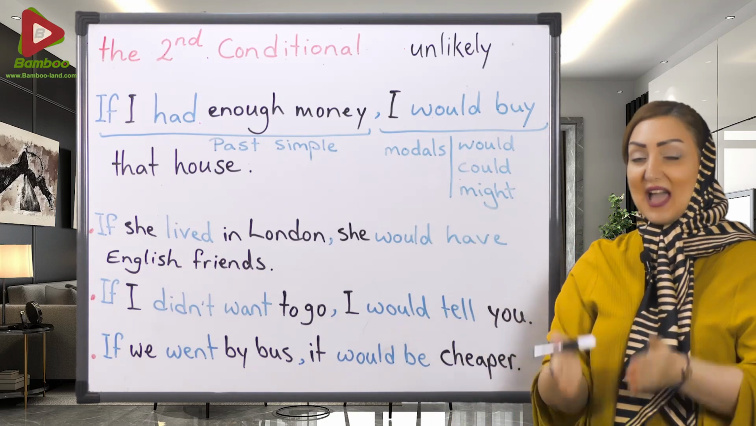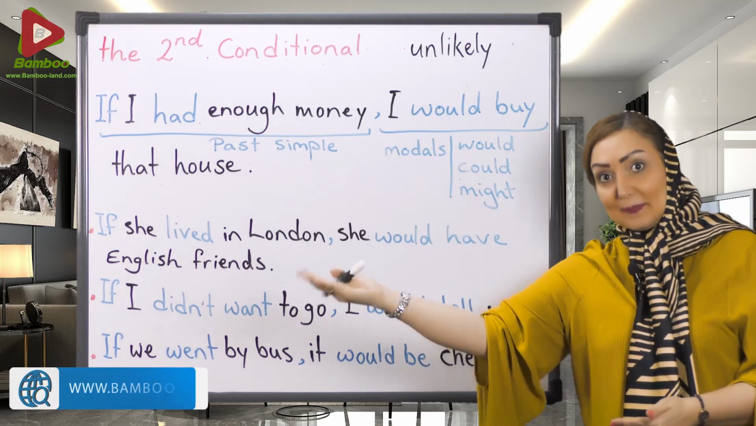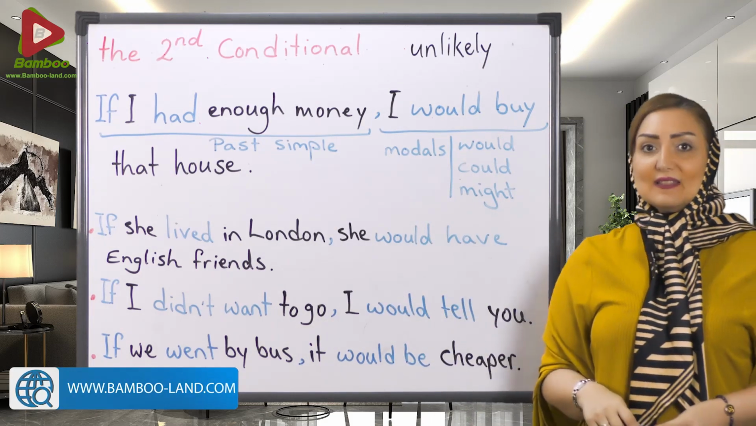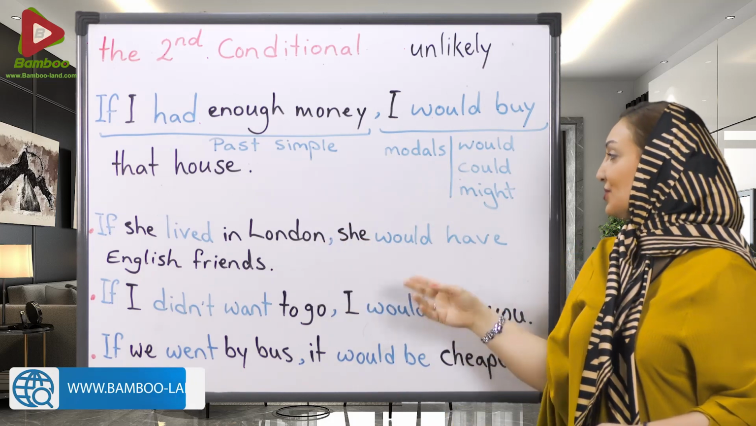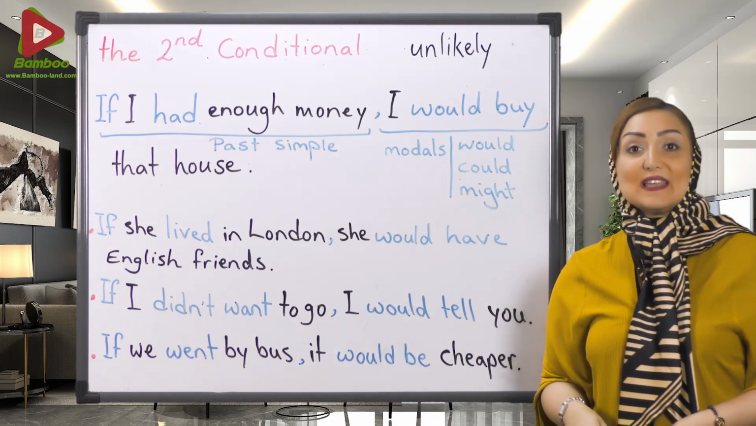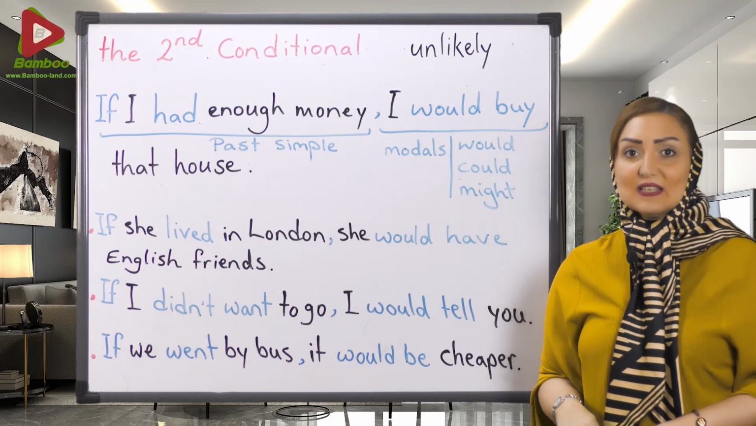Now look at the other examples. If she lived in London, she would have English friends. If she lived in London, she would have